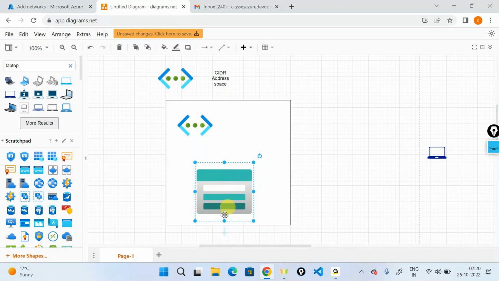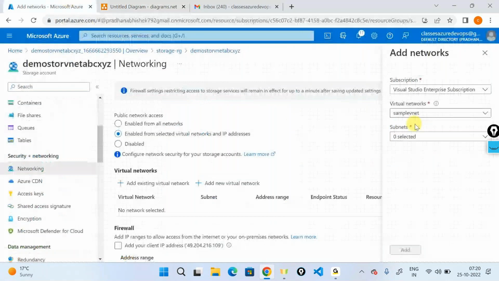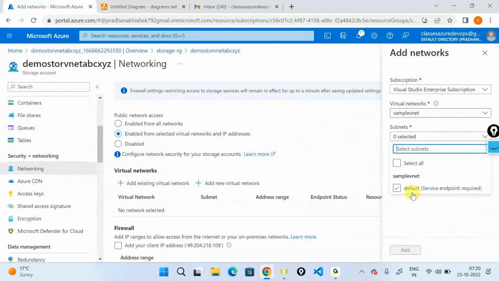This is something that we have to remember: I am not attaching a service, for example a storage account, directly to the virtual network. Rather, I am attaching it to the subnet of the virtual network. And that's the reason it's asking me, okay, what is the subnet? I only have one subnet. And here, if you see,